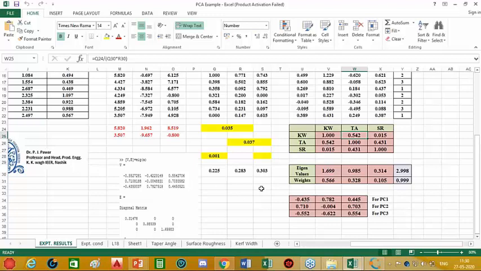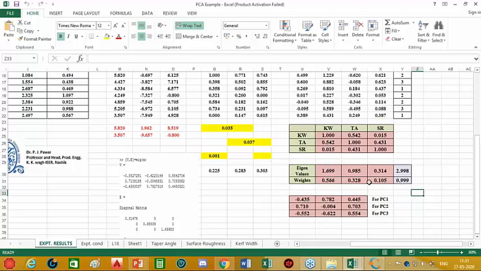And then we can see the eigenvalues here are 1.699 for response 1, then 0.985 for response 2, and 0.314 for response 3. Now to get the weights, obviously the sum here must be 3, because there are 3 responses. Since the sum of weights must be equal to 1, I can simply normalize these values. So for normalization, we divide each value by the sum. So I get 0.566 as the weight for the first response, 0.382 for the second response, and 0.105 for the third response. So obviously, if we take the sum, it is 1.